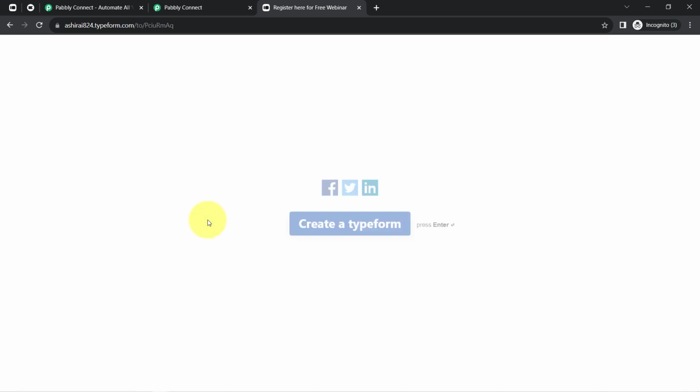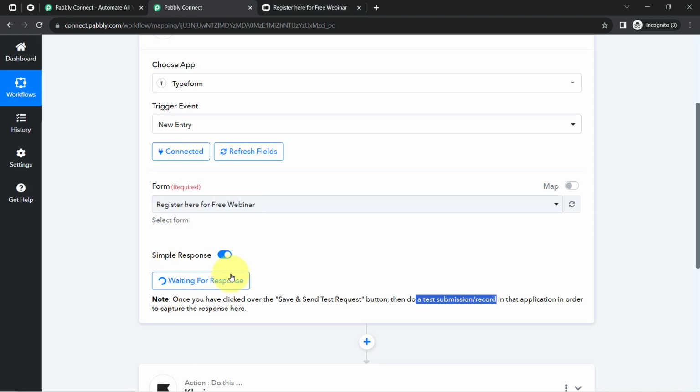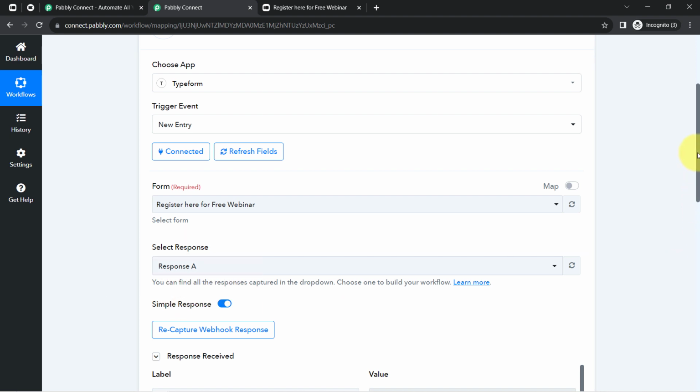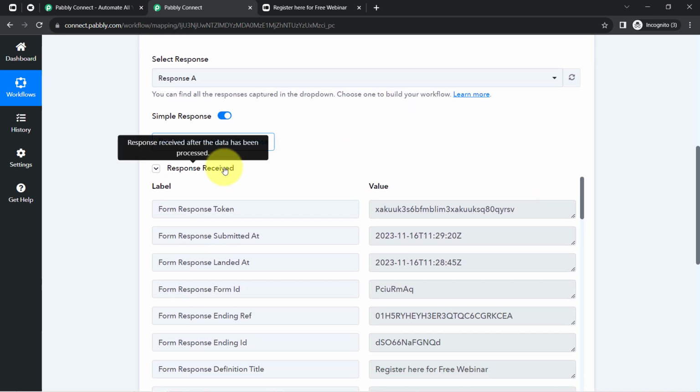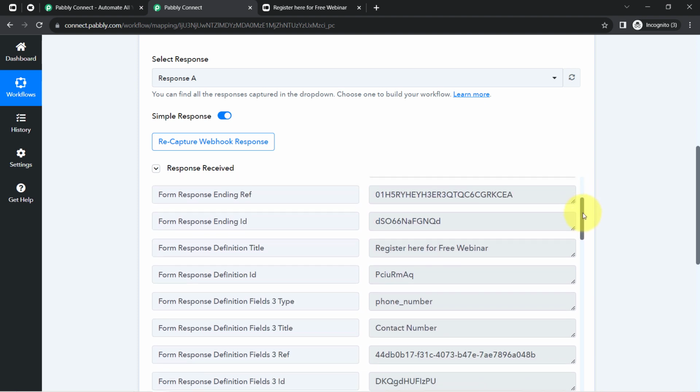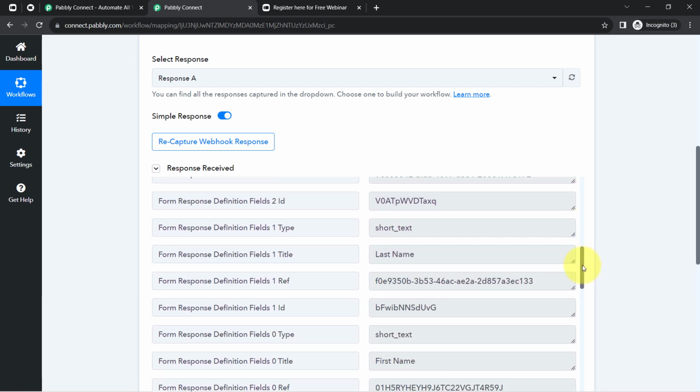Now clicking on this submit button, and you will notice that the same form submission data will be received via Pabbly Connect instantly. Okay, fingers crossed, waiting for the response, and here you can notice the response is received. Let me show you the details one by one. Okay, so here we have the form submission date and time. Here we also have the title of the same form, and here we have the submission data,